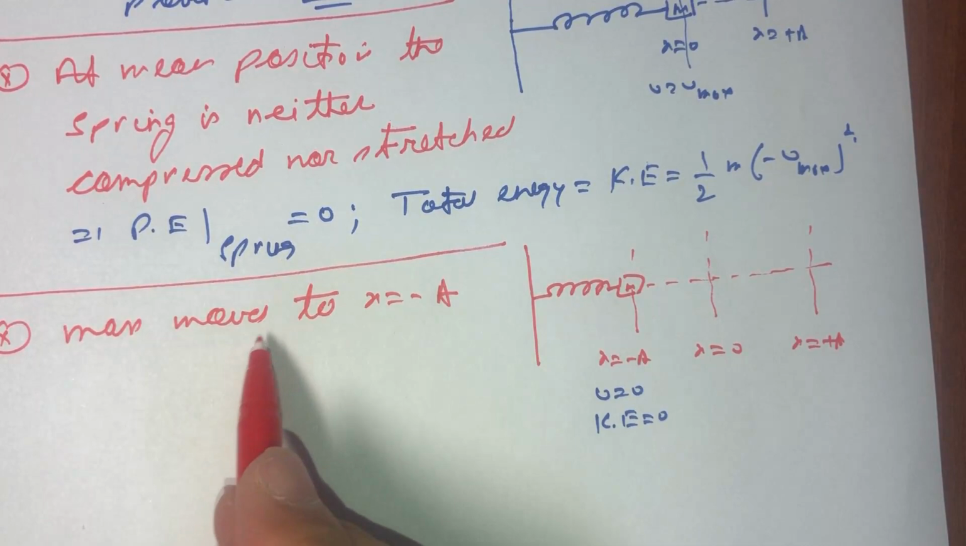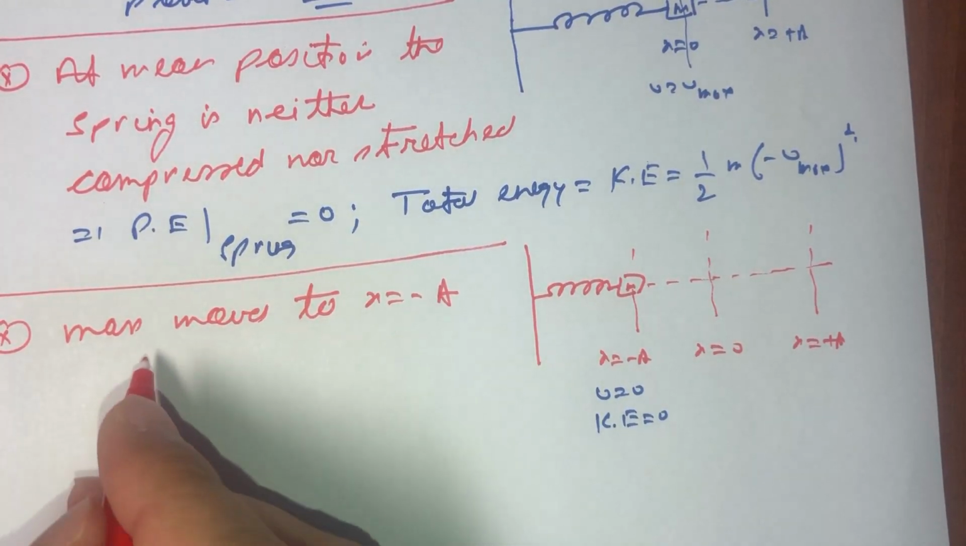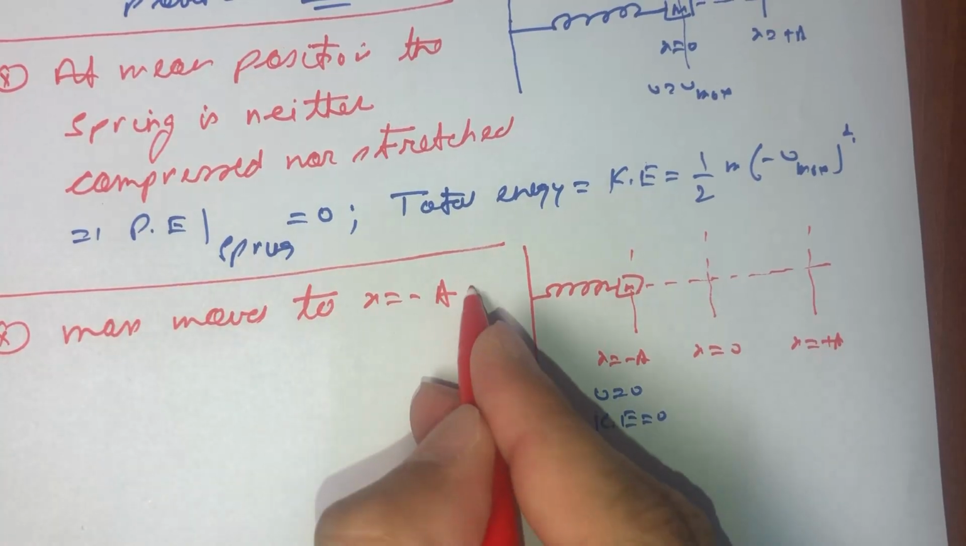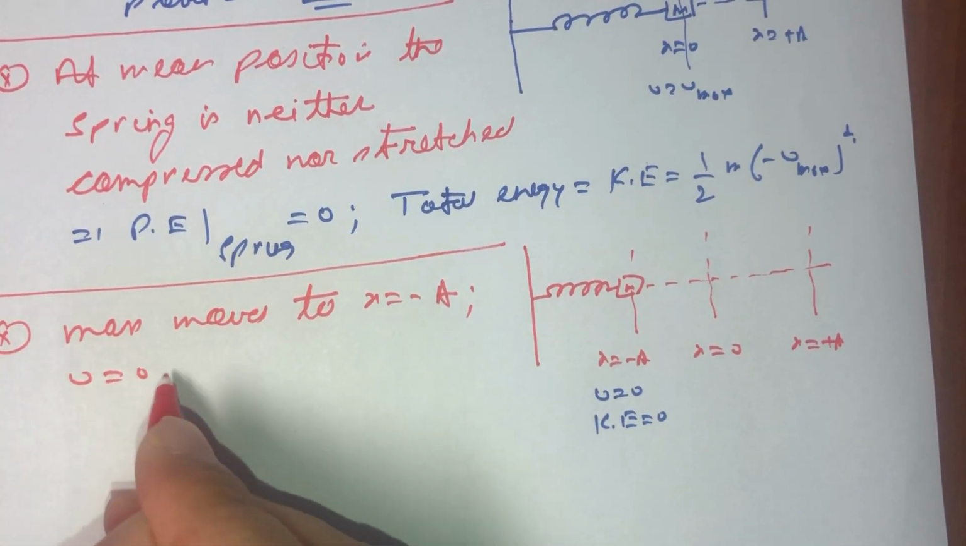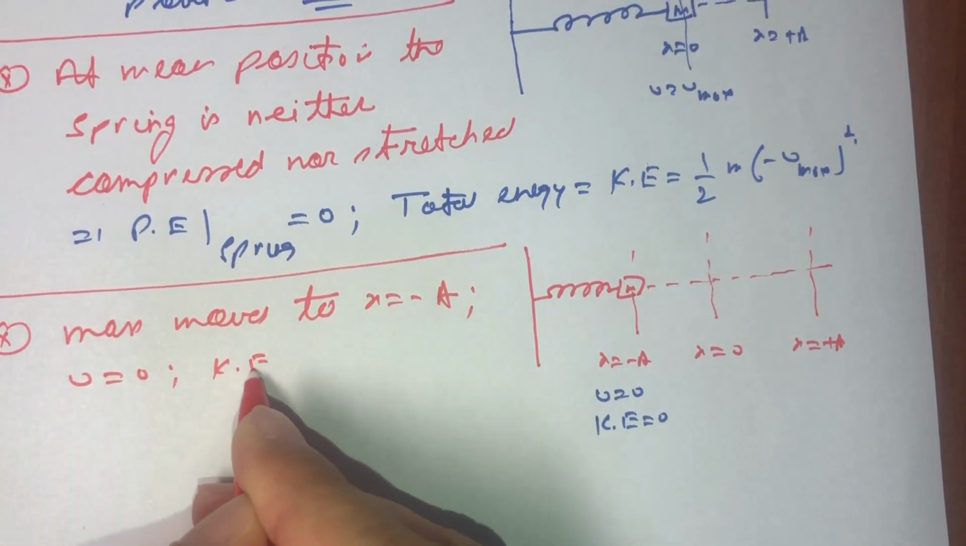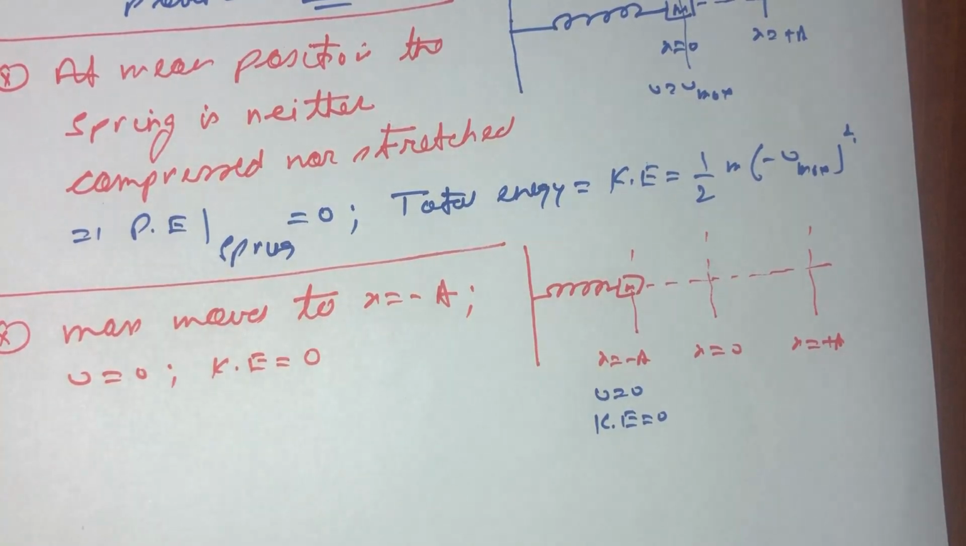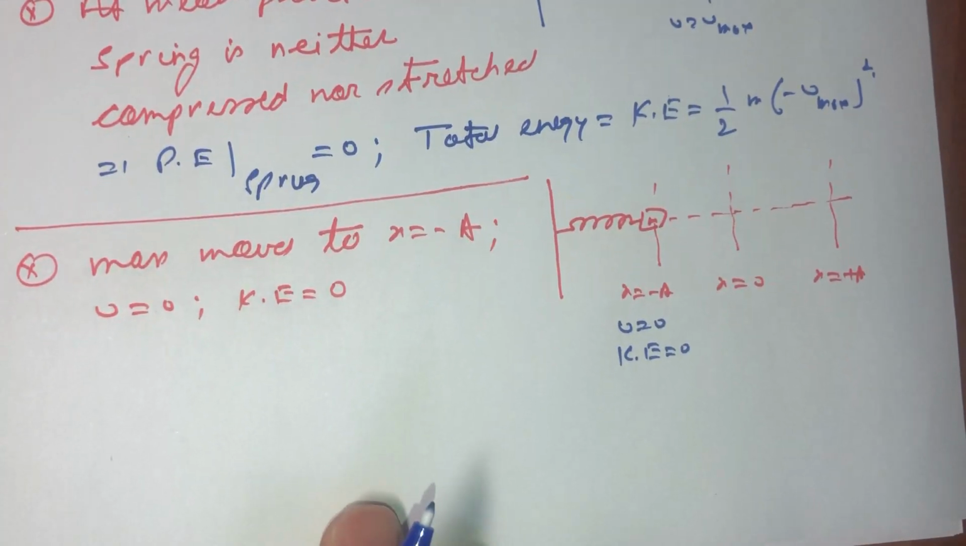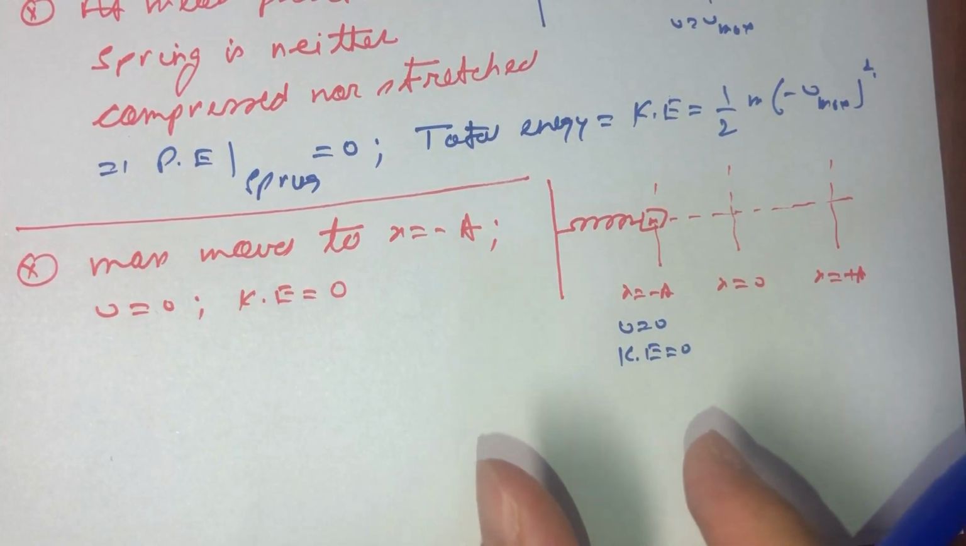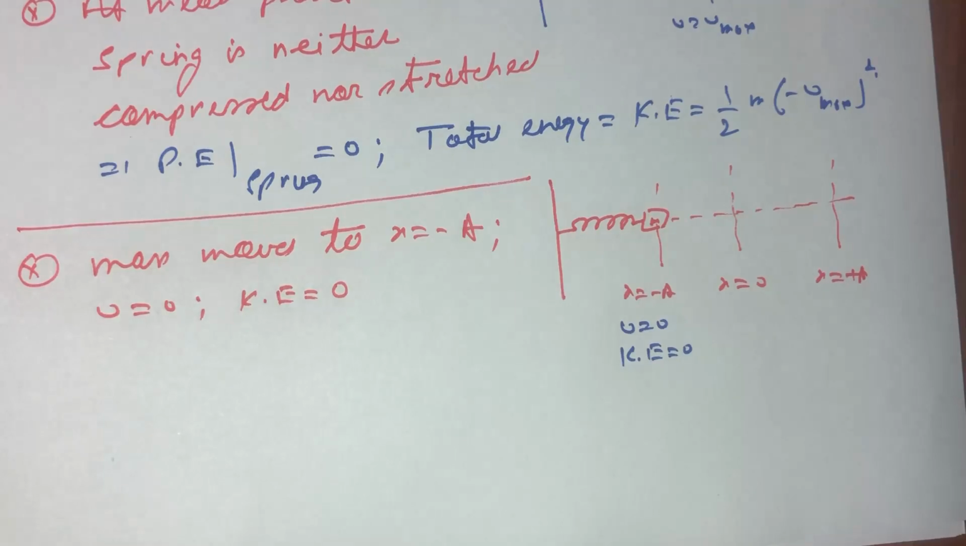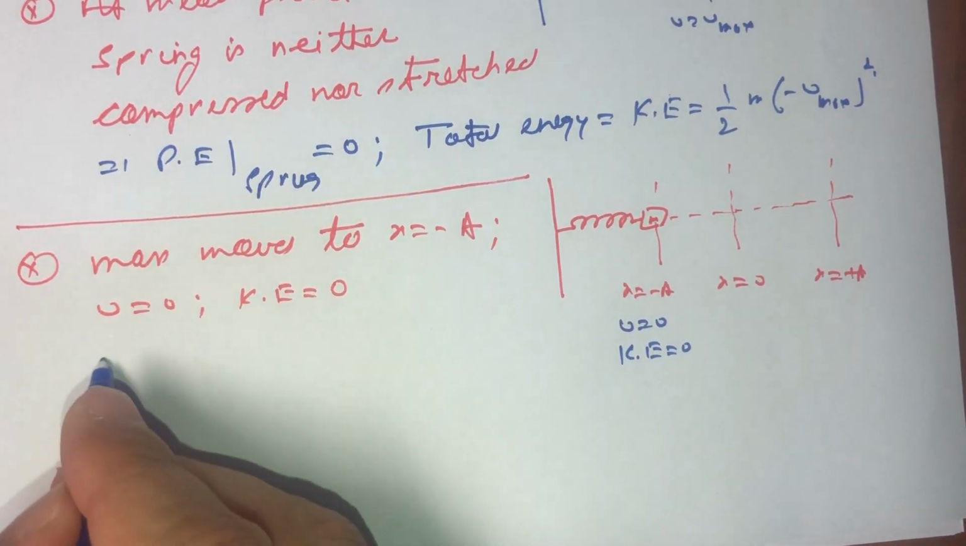So as the mass moves to x equal to a, the velocity is equal to 0, therefore the kinetic energy will also be equal to 0. So the energy stored by the spring, which is compressed, will be stored in the form of compression. So therefore you can write that